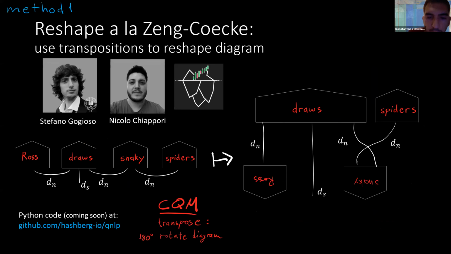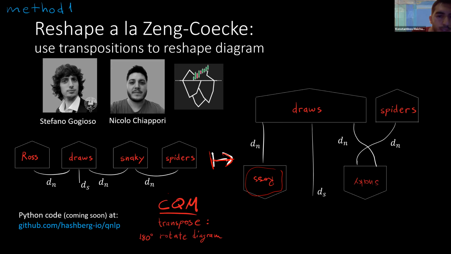And there was a reshaping that was needed to retain the speedup. For any sentence, what you need to do is reshape the diagrams. I told you that you can always reshape the diagrams because the wires are bendy, right? So you can wiggle them around. If you wiggle this sentence through this wire, you're creating a bipartite graph where you're converting some of the states to effects. An effect is a word rotated 180. So, for example, this noun Ross was turned 180 and was converted to an effect.